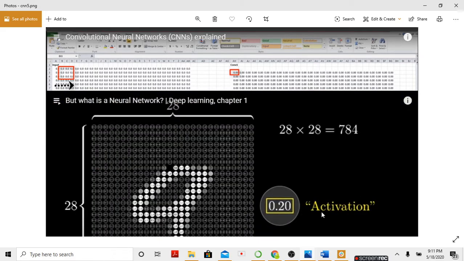Activation. Now I want to see here the activation. It's like the value on the point. It's between 1 and 2 that is assigned to the